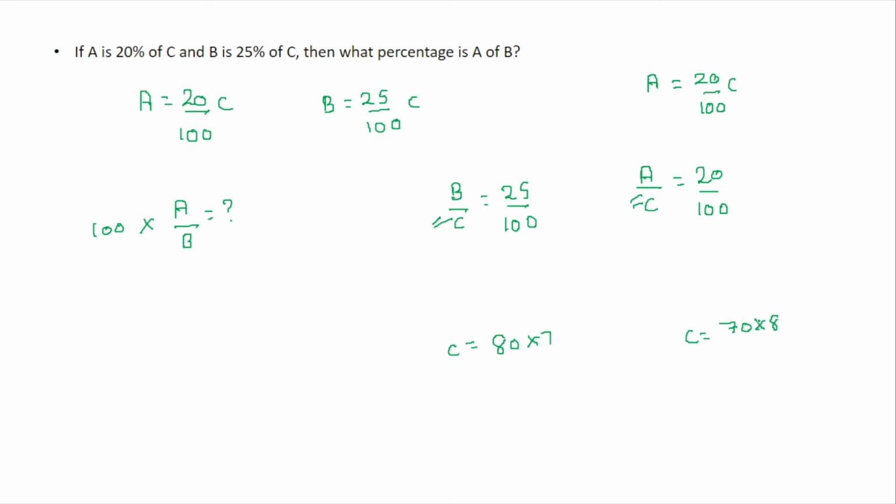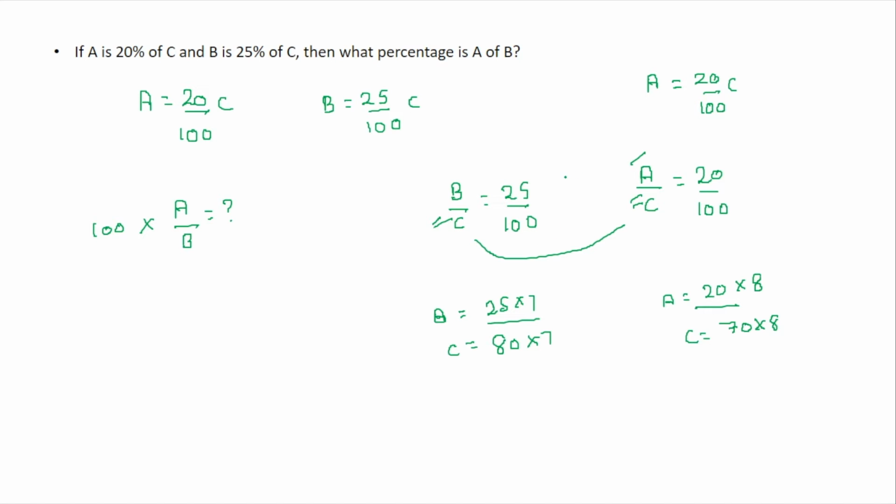If I multiply this one by 8, then the value above it, suppose there was A above with value 20, I also have to multiply by 8. And if here it was B, and I multiply this by 7, I also have to multiply this value by 7, like this. So if C is not equal, you have to make it equal. In this case it is equal, so no need to change it, keep it as it is.